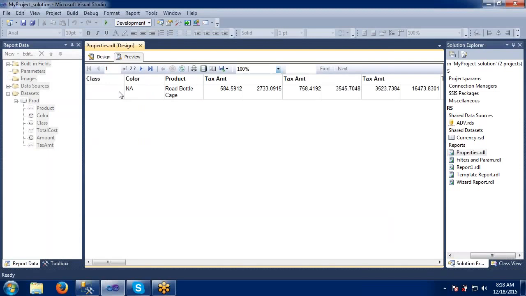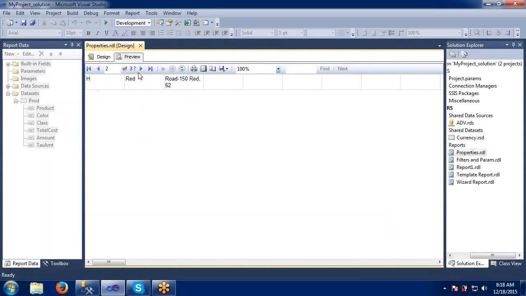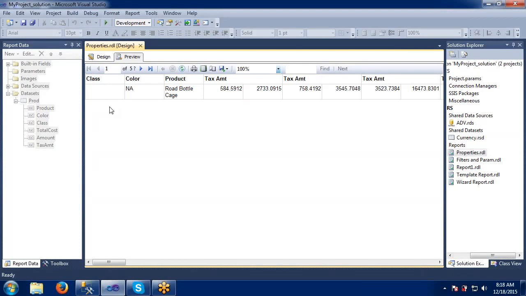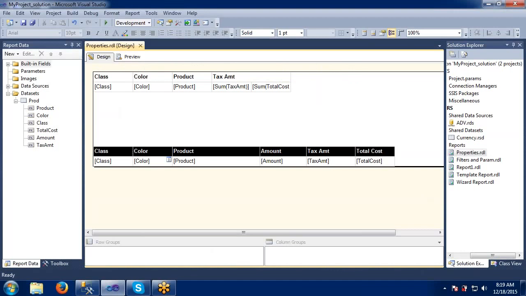Here it is giving nothing, not a class. We are having some blank also. You see, high has come into the second page, the next page. Low class is giving the next page. Like this, it will give a page break on every option here. If you want to split every class into a new page, then we can apply these options here. So these are the page group options which we can see in the group properties here. Let's see some more options on these group properties here.